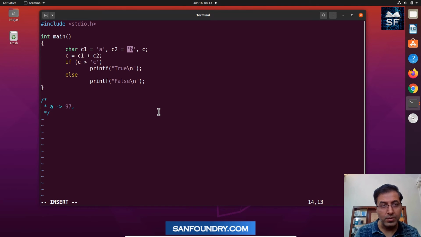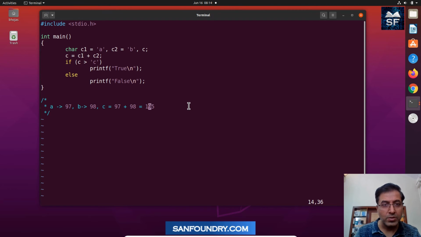The ASCII value of b is 98. So when you do a summation, 97 plus 98, that is the same as 195. So what you are essentially seeing here is a value 195,